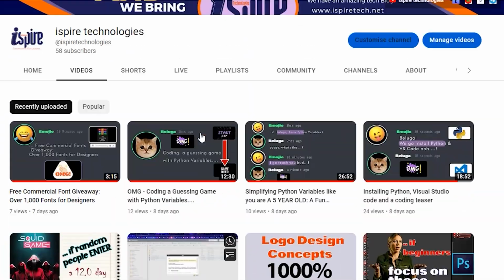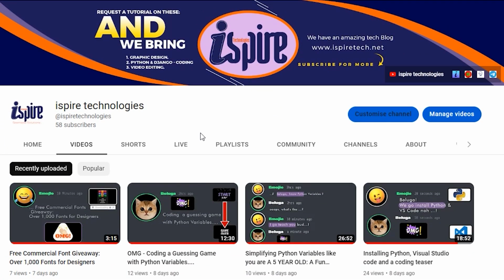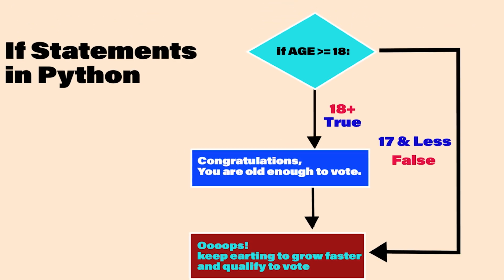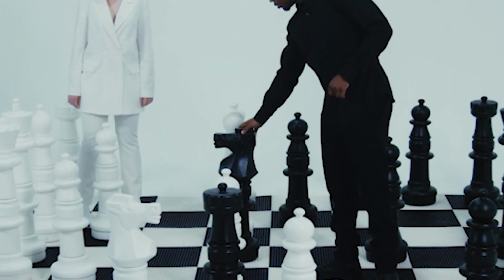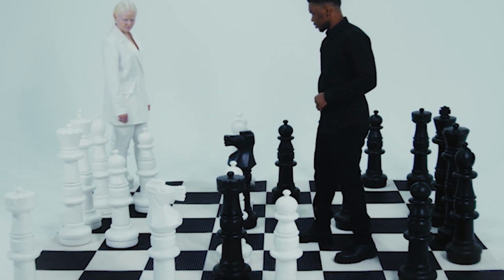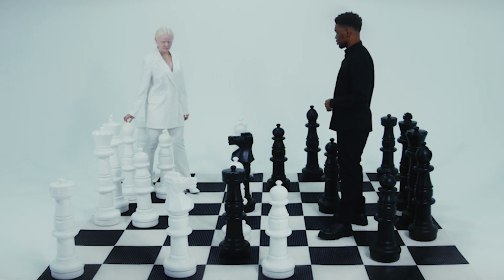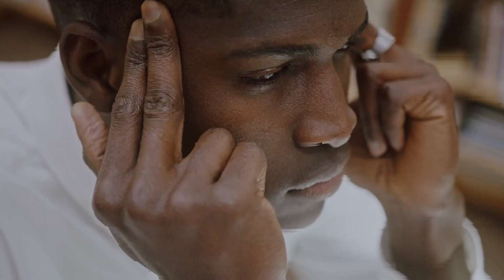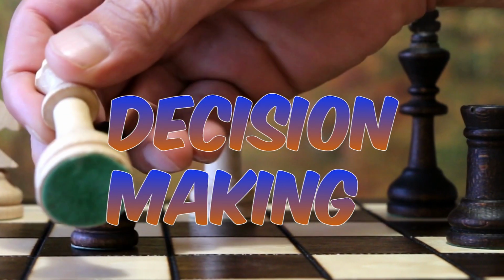Welcome back to Aspire Technologies, and today we are continuing to talk about conditionals part 2 in Python programming. It is an essential topic, so we have to make emphasis on this. That is why we are moving on to part 2. It is important that we emphasize this topic for you to get clarity of everything that we are going to use, because you are going to use them a lot and you need to have enough information on how to